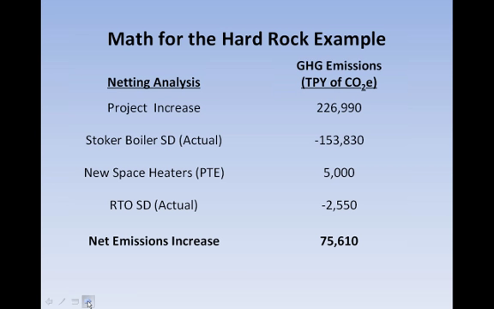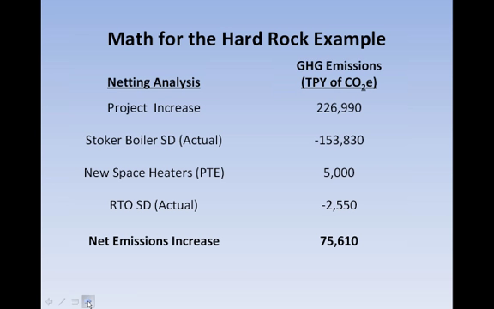Okay, here shows the math for the Hard Rock example. Let's go over the numbers. The increase from the project, as we mentioned before, was over 200,000 tons per year of CO2e, 226,990 tons per year to be exact. The emissions on an actual basis for the Stoker boiler, as you see, are 153,830 tons per year. The new heaters need to be considered at their potential to emit for an increase of 5,000